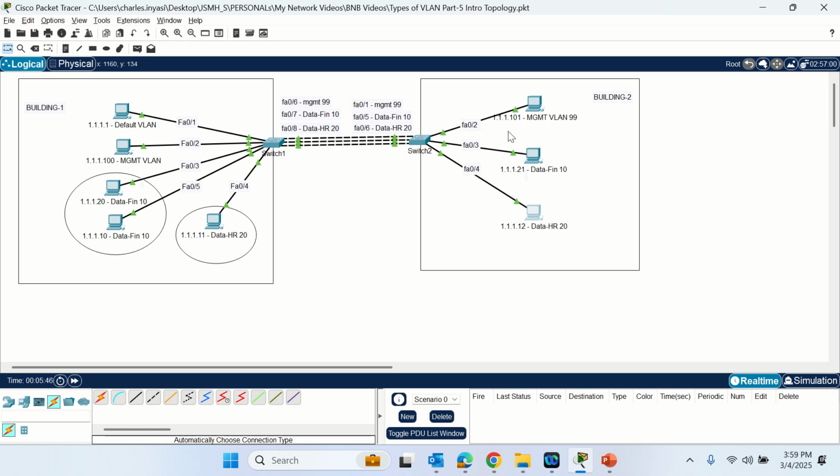Hello friends, welcome back. So this is again yet another episode of Types of VLAN. We have been seeing what are the types of VLAN. We have seen default VLAN, management VLAN, data VLANs, and in the last video we have seen how to configure